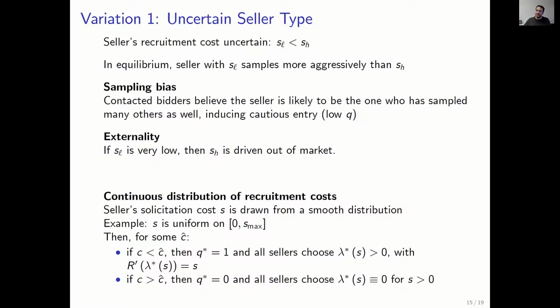Okay, so this is a sort of dramatic unraveling result. The basic idea is, suppose there would be an interior cutoff for the seller's sampling costs, so only sellers with costs below the cutoff enter. Then the bidders update, they think, well, it's likely that the seller who recruited me is a seller who has even lower sampling costs. This drives out the marginal seller, and this whole thing unravels to 0. Okay? That's the type of result. So it just illustrates this externality that we've also seen with the binary type. Okay? So that's variation number 1.